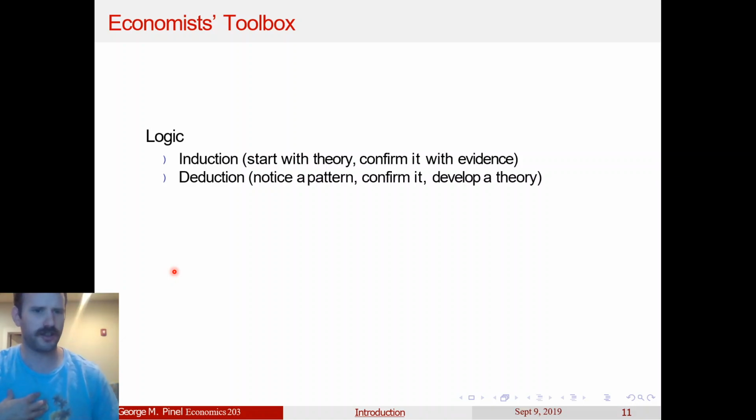So once you see the pattern of high unemployment and high minimum wage, which might not actually be the case in real life, but for the sake of this example, you'll say, okay, there might be some sort of connection here. Why would that be? Then you'll develop your theory. That's called deduction. The evidence comes before the theory. Both are equally valid approaches. You still have to test both in one way or another.